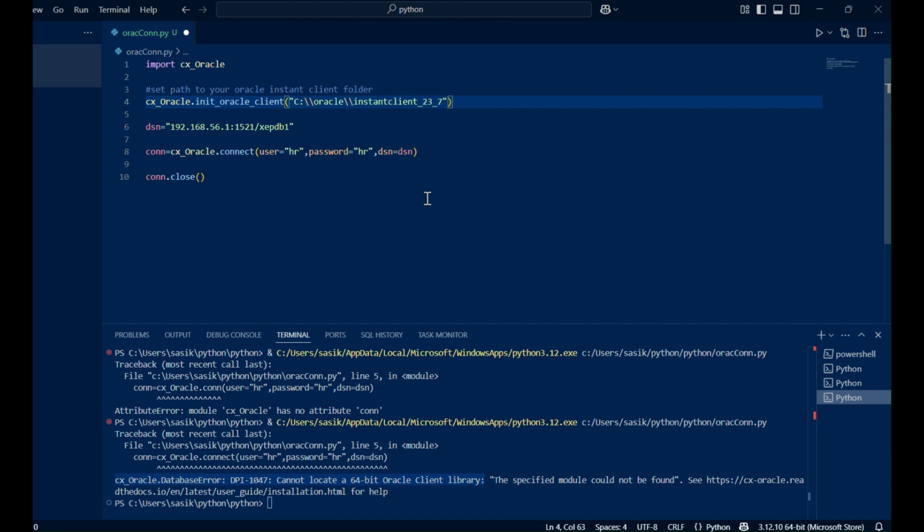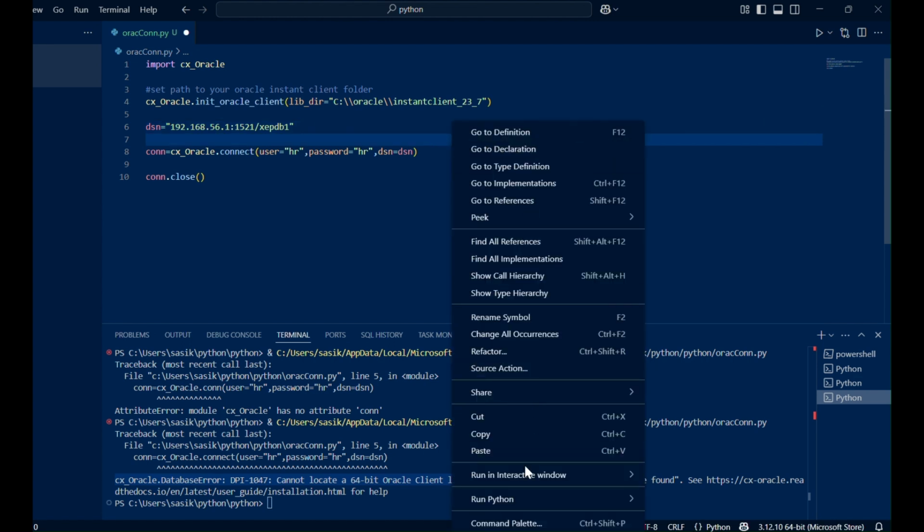So that path I'm setting as a lib directory. Here I have to mention lib_dir, the library directory. Once this property is set, initialized, and the path to the Oracle instant client folder is set,